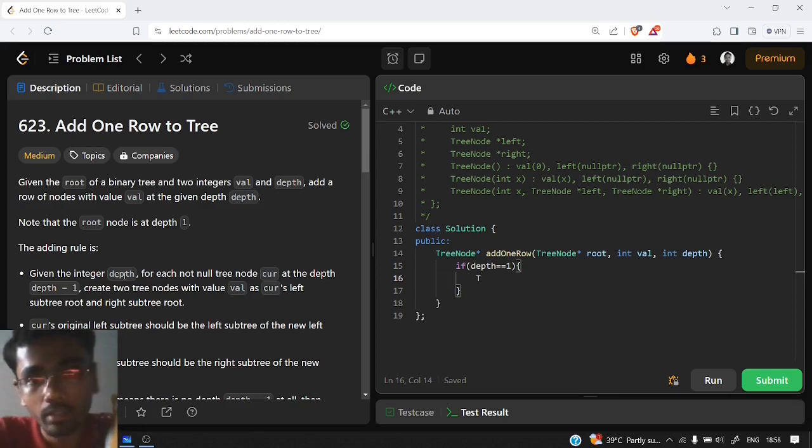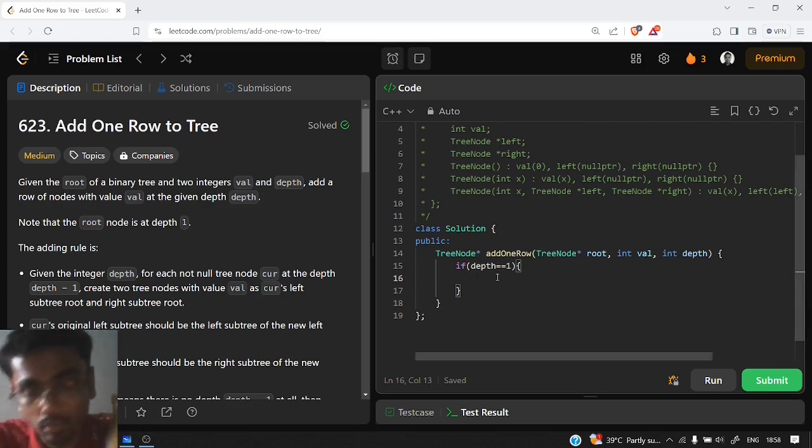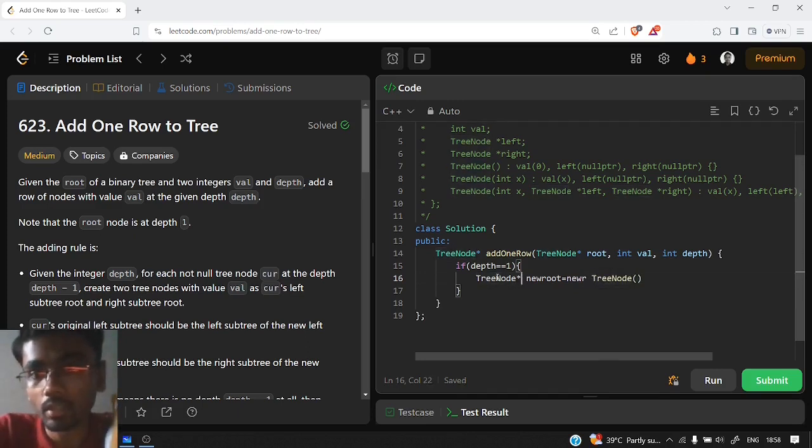We will create a new tree node with the name new root, with the value val, and this new root's left will contain the original root, and in the end we will return the new root.